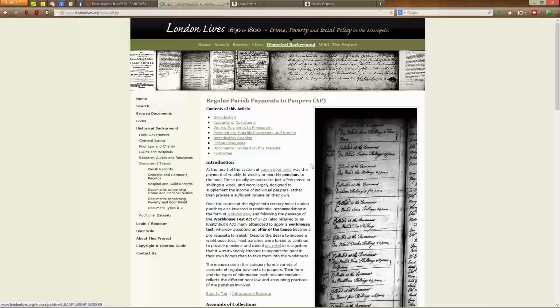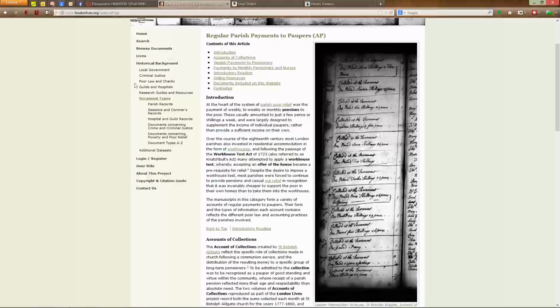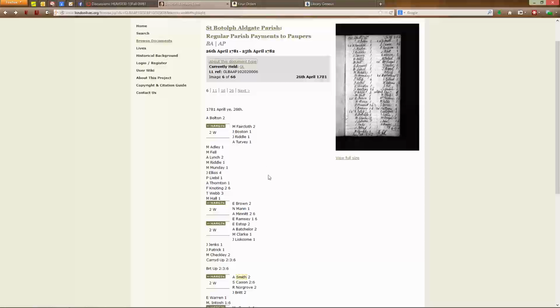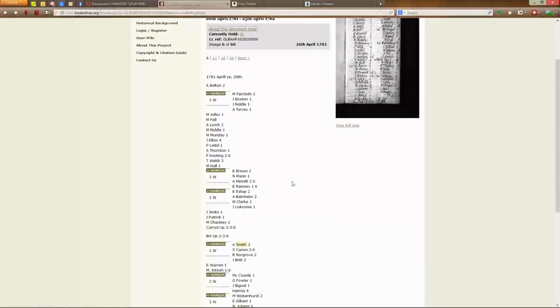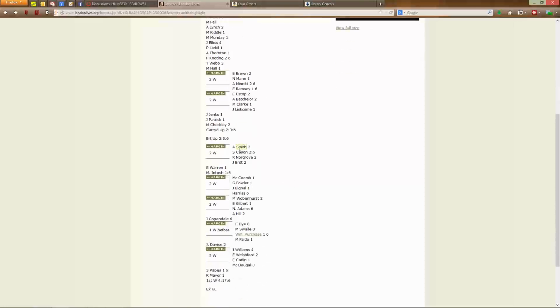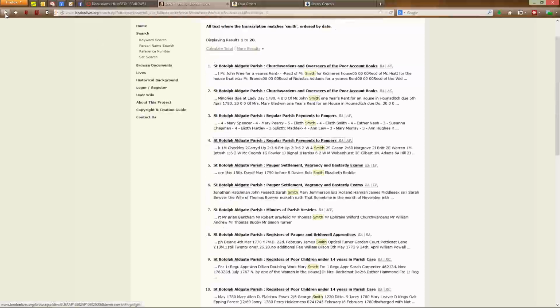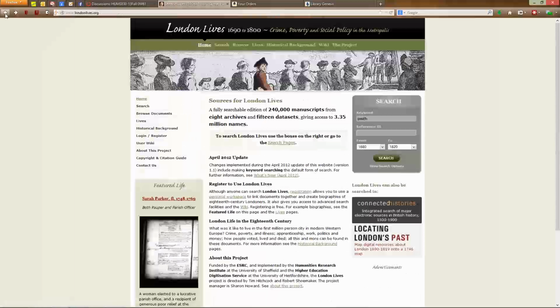It tells us a little bit about that kind of document, those kind of payment documents, which is useful. And it gives us a list of who these people were. And the Smith one that I just searched for is right there. So it looks like